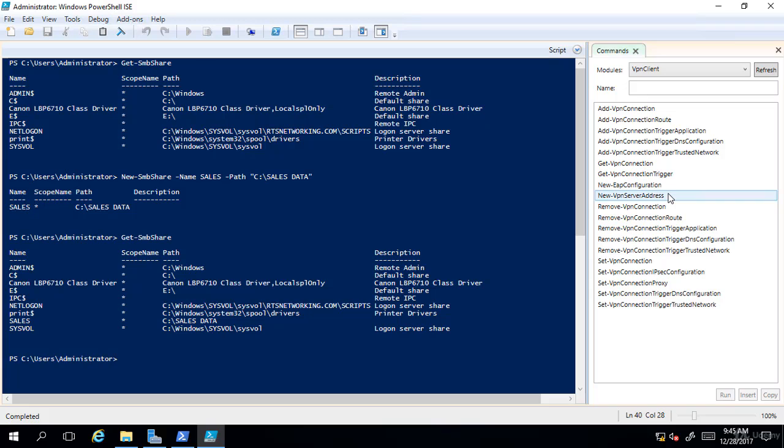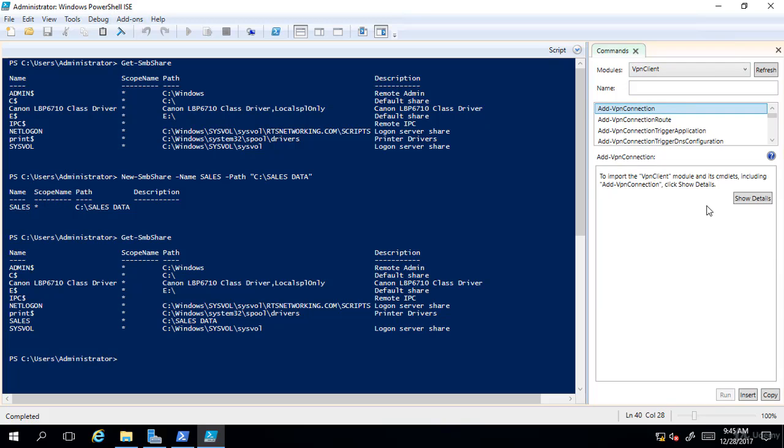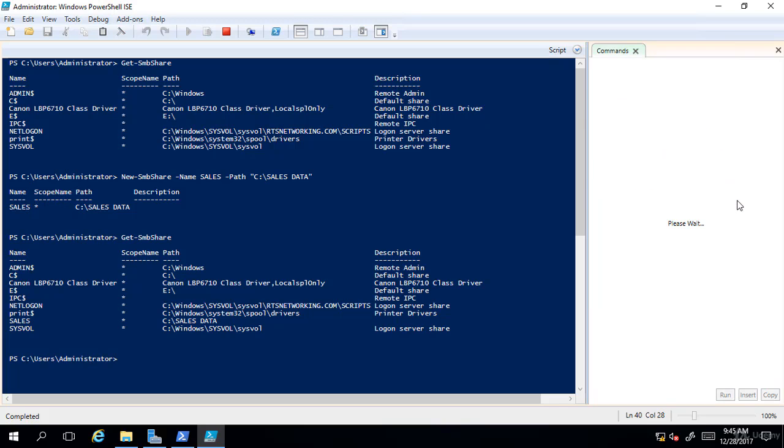Cisco, Juniper, dozens of manufacturers or vendors for VPN clients are out there, including Microsoft. Well, if I want to create a VPN client, but I don't know the PowerShell syntax for it, I can just go to the module VPN client, and I know what I want to do. I want to add a VPN client. So I'm going to choose Add VPN Connection, Show Details,